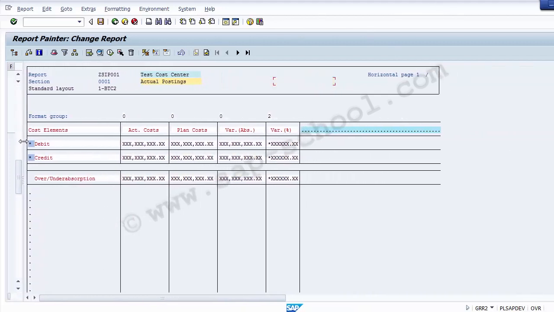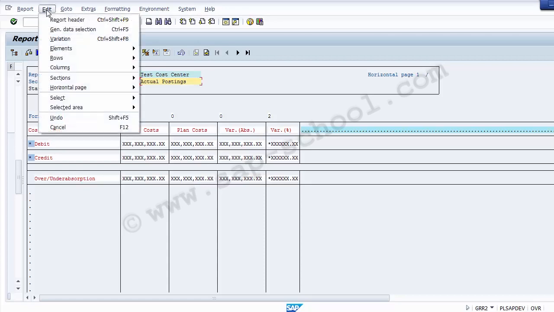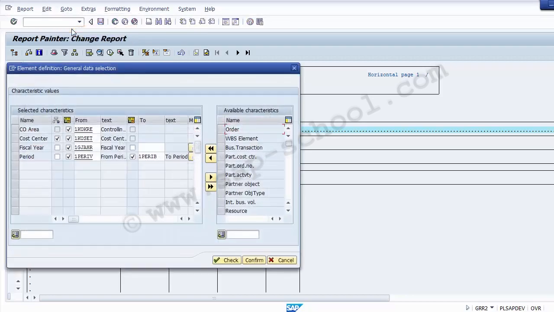So now another question comes up: what kind of modification can we make to this particular report? For that, let's first see the general selection part. We need to go to Edit and then General Data Selection. As I click on General Data Selection, these are the various parameters. As you can see, the selection screen has controlling area, cost center, fiscal year, period, and if you want